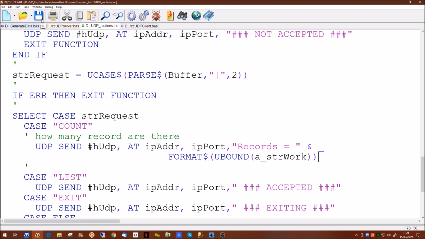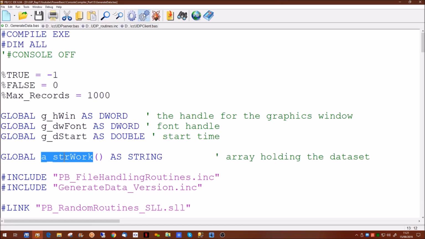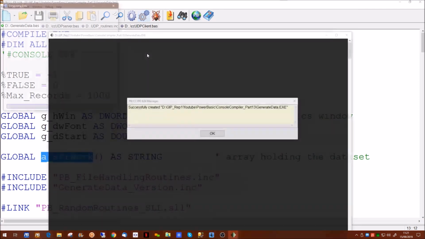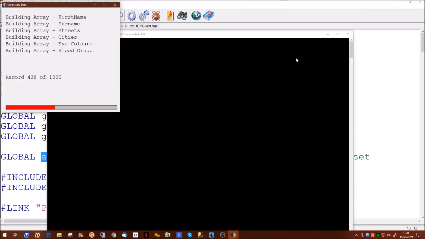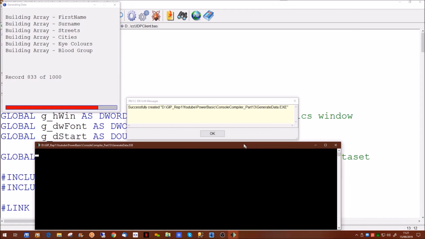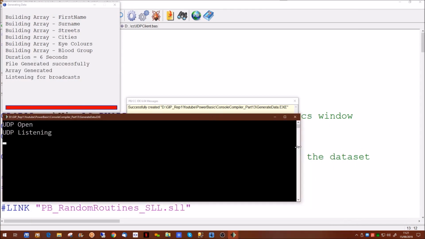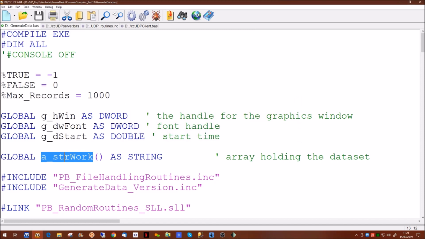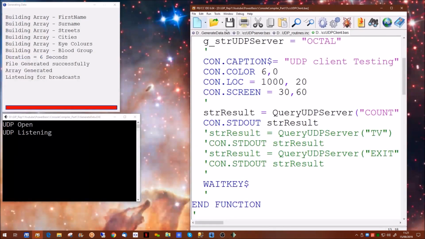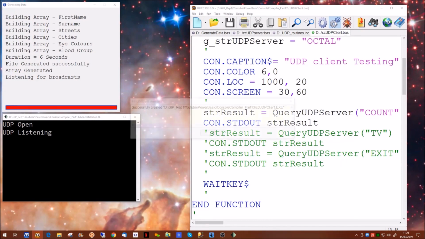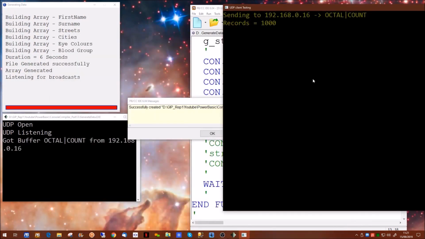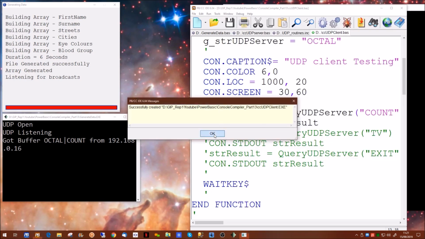So if we save that, go back to our generate data, run our program, let it run quite happily. There we go, the server process is now sitting waiting, and if we go into the client, and if we now run the client, there we go. We sent the command count and we got back from it records equal 1000. So there is our client sending a request to the server for specific information, and the server passing back the information we're actually after,